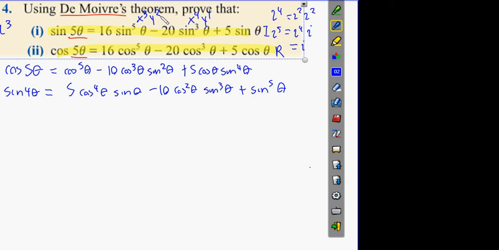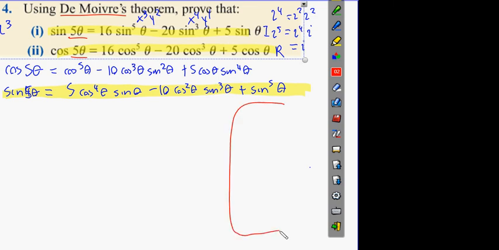Now, you compare our sine, apart from the big bar theta here. You look through this answer and compare it to what you have above. You look at the sine 5 theta. What is the key difference between the answer they have and the answer we have? Cos. We've got to get rid of cos. So we're going to once again